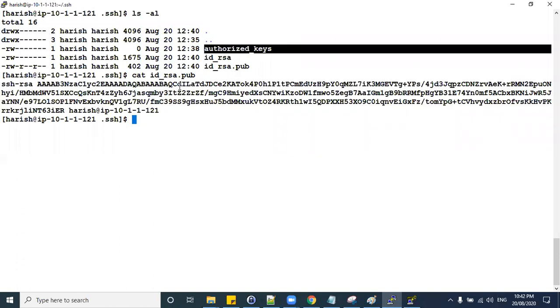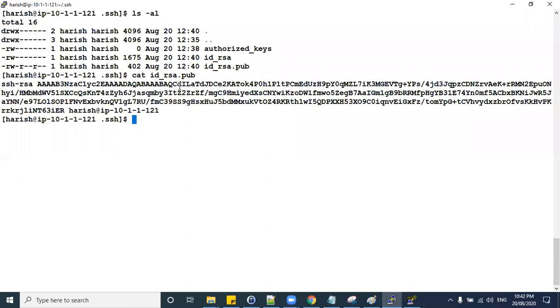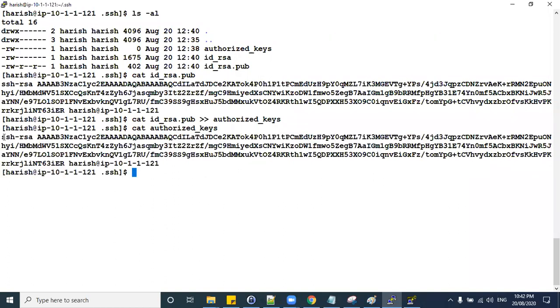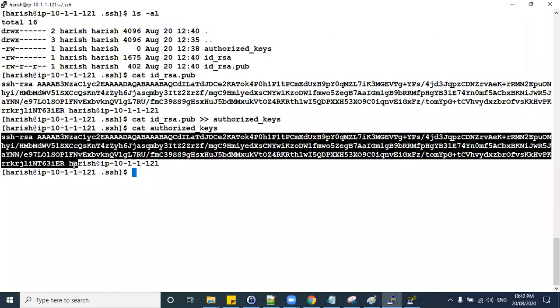For that, run cat id_rsa.pub redirected into authorized keys. Now you can check the authorized keys data. Yes, now your authorized keys file is written with the public key.